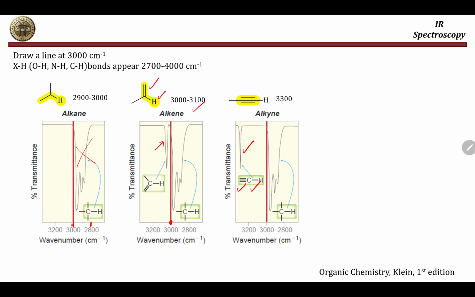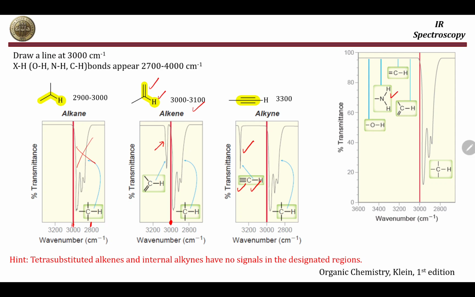How can we distinguish these bonds from the other ones, like the NH or the OH bond? These usually will appear at higher wave numbers, larger wave numbers, between 3300s and up to 3600 or 3700, as we will